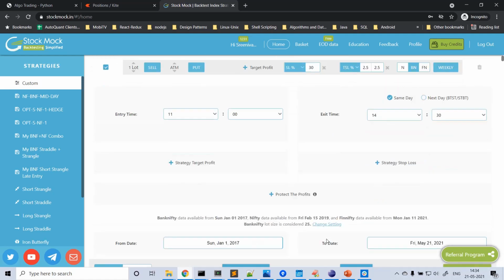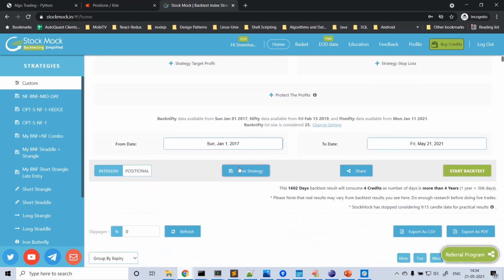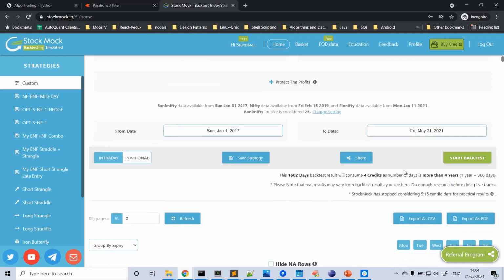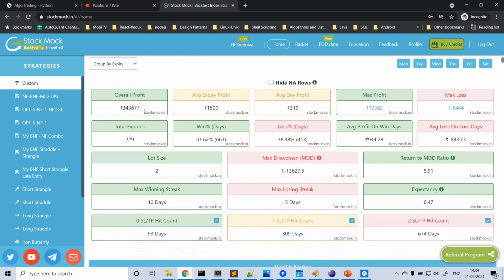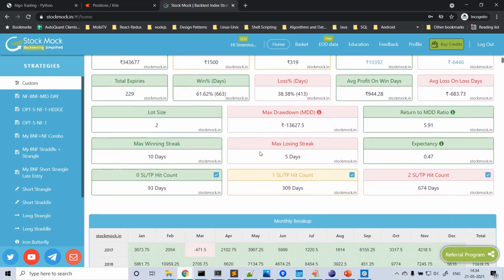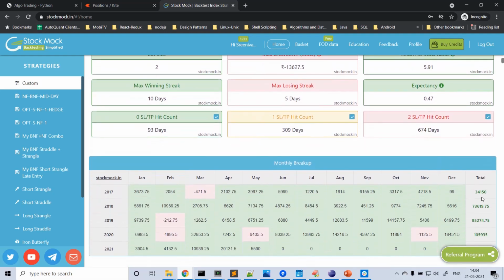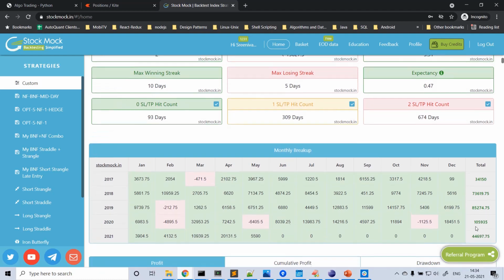If you go down, the result is from Jan 1, 2017 till now, I think three or four years. It looks like a profitable trade, about 3,40,000 overall. So 34,073 year wise, and 44,000 in this year so far. But